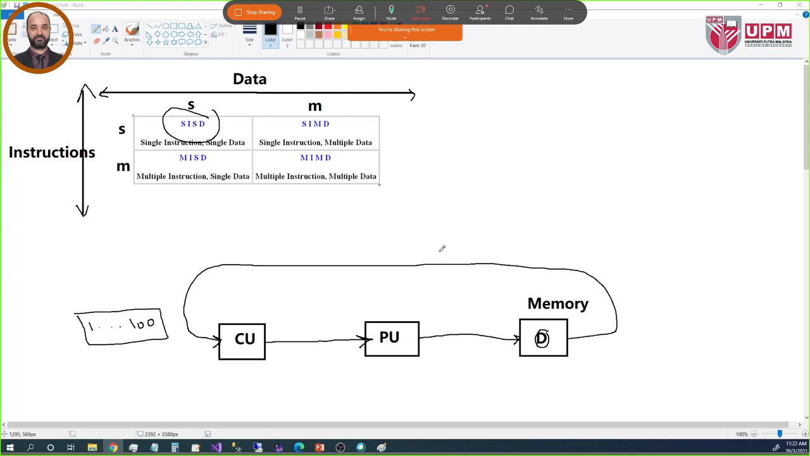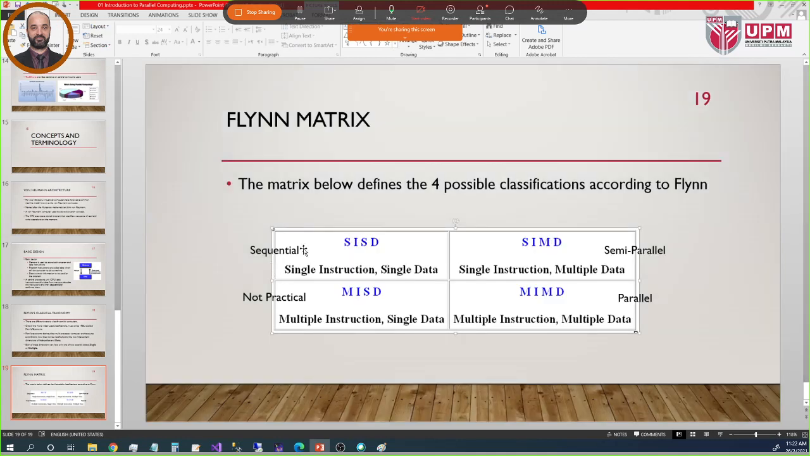Okay, the second one, but before that, let us go back here. We see this one is fully sequential. This one is not related to any type of parallel. So this is a pure sequential processing architecture or design. Okay, the second one,